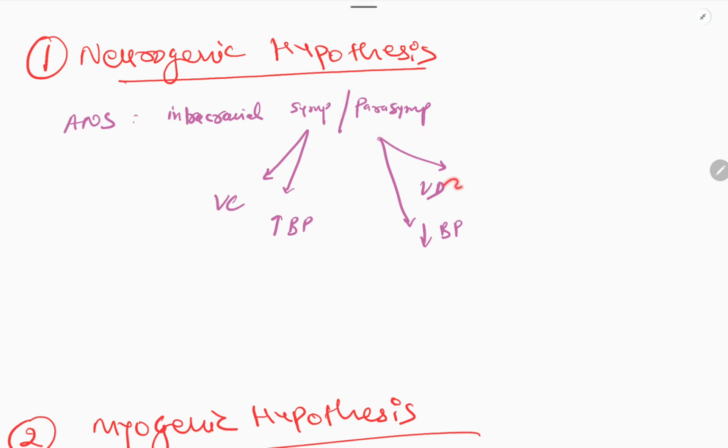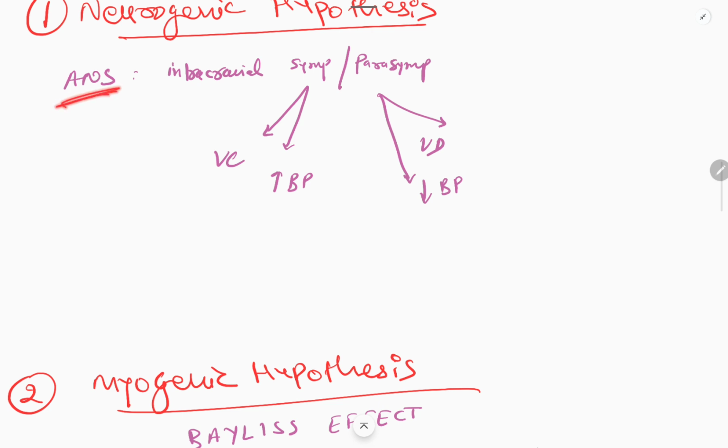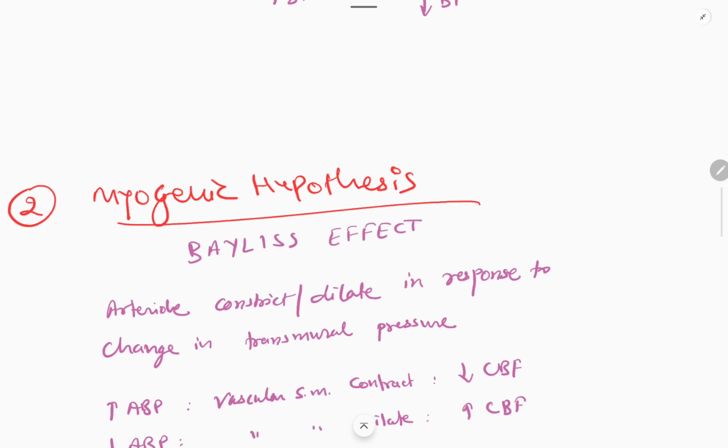Similarly, in the parasympathetic system, a fall in BP causes vasodilation of the cerebral arterioles, which increases the cerebral blood flow, and a decrease in BP decreases the cerebral blood flow. Ultimately, your cerebral blood flow is maintained. So on its own, the autonomic nervous system causes the cerebral autoregulation. This is the neurogenic hypothesis. Now